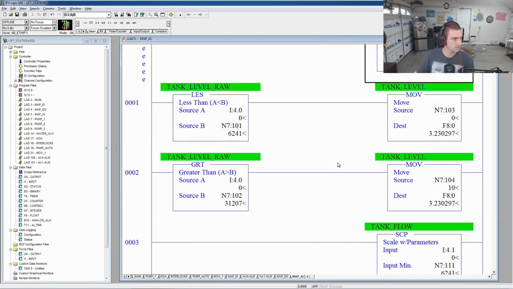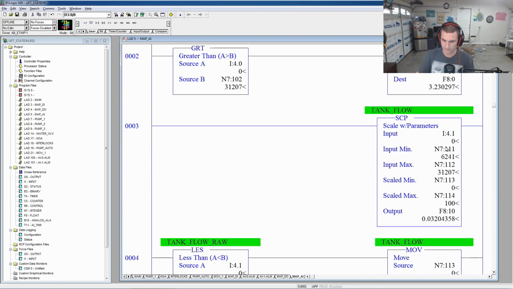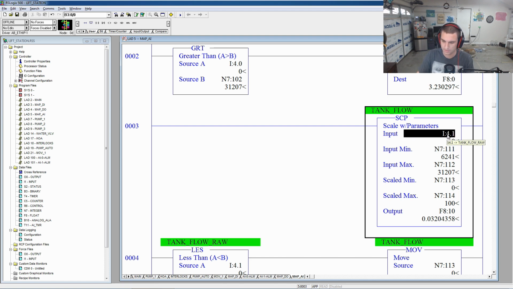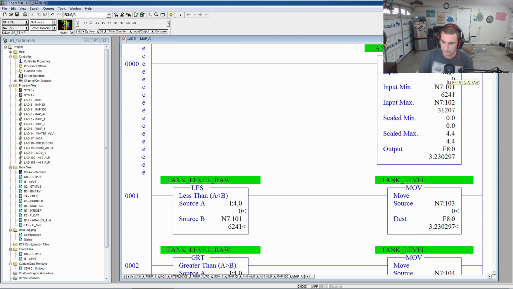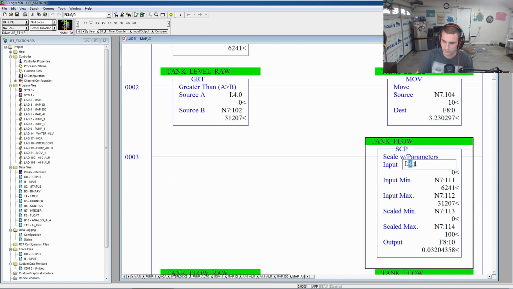Show you guys what I'm doing. Going to the map AI section. There's basically a lot of, there's so much crap, you guys. Okay, so this is an analog input scaling routine. We're on IT20, IT21. LIT. So LIT is going to go, the raw value is going to be pretty much mapped in here. So we just got to grab this,